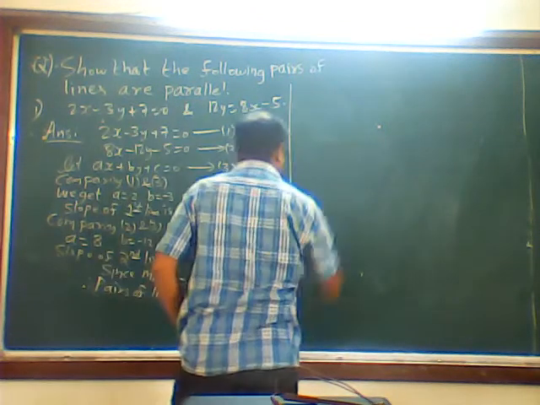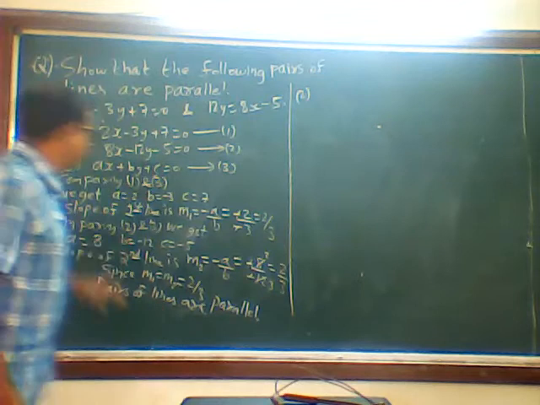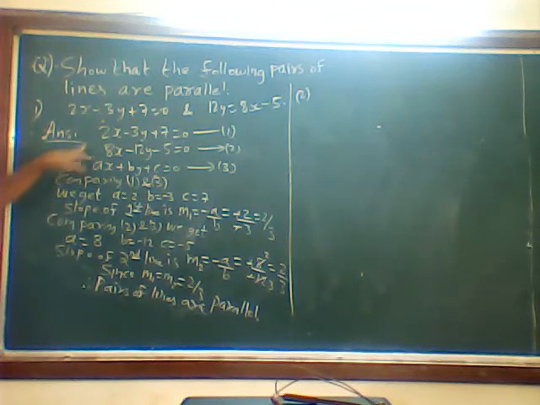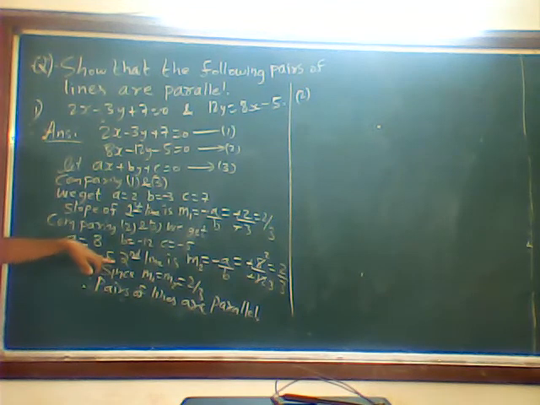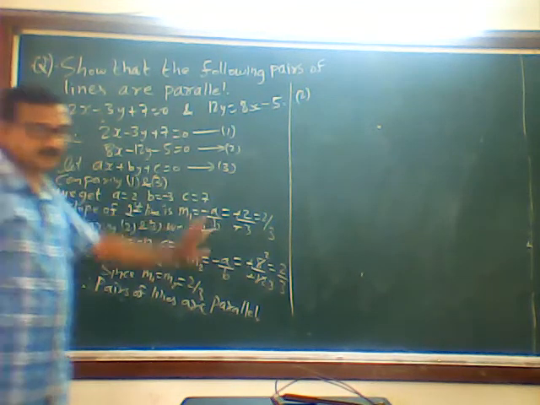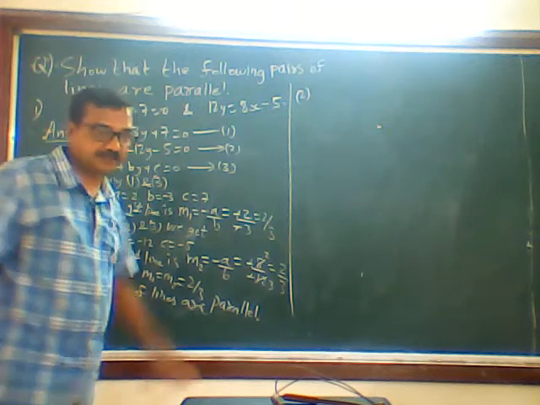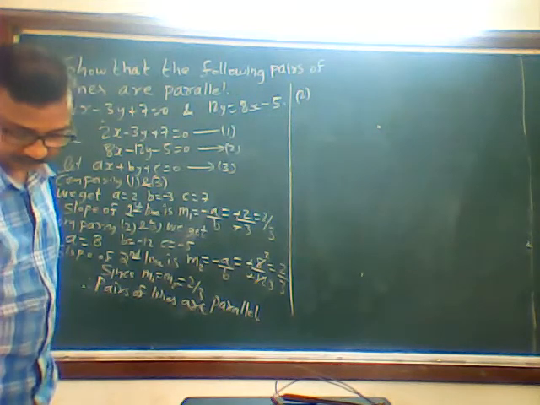Now, in the first problem I have written everything in detail. Now, in the next problem, what I am going to do is write equation 1, equation 2, then directly say the slope, because I know this formula, minus a upon b, and I know what a and b are. Got my point?